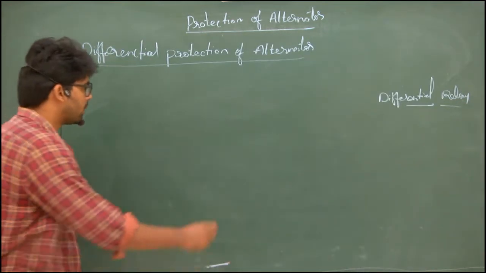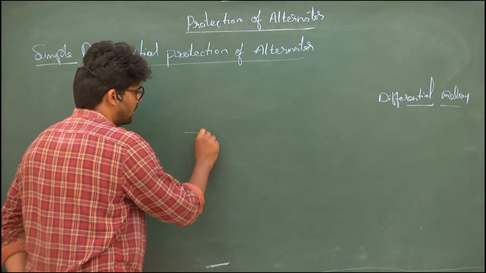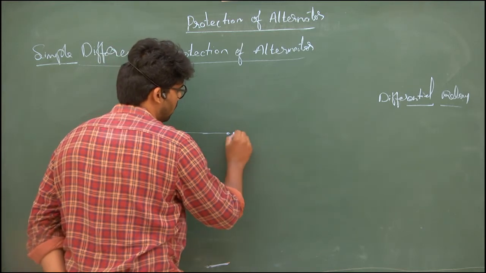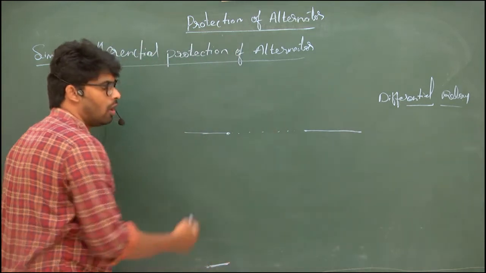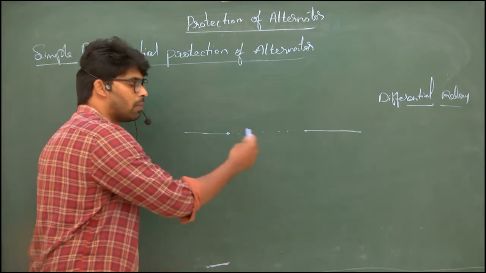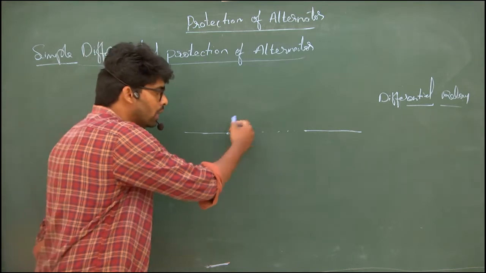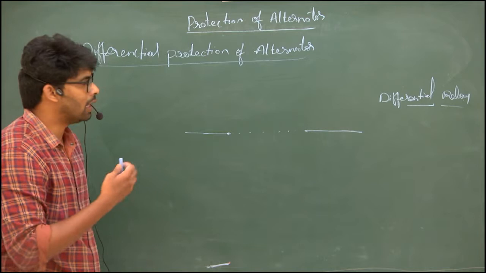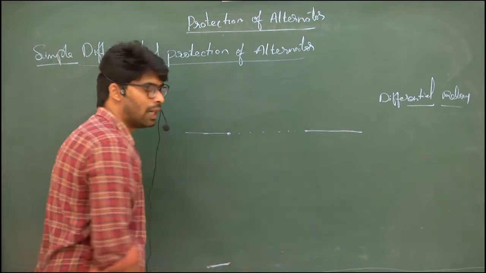For example, let us take a phase. This is the protection zone. This is a protection zone of any system, maybe transformer protection, or any zone inside the transformer, or any zone inside the alternator. We are specifically speaking about the alternator. Let us take some coil, some phase of an alternator.